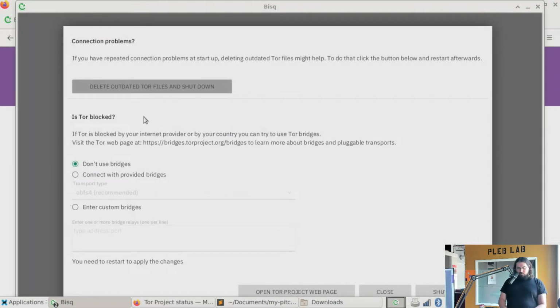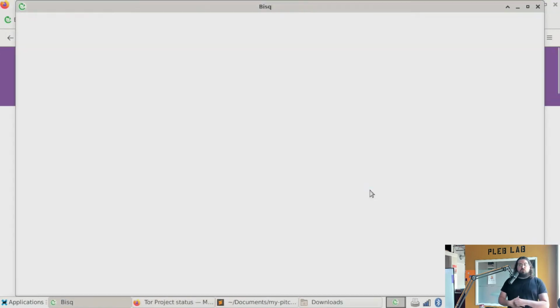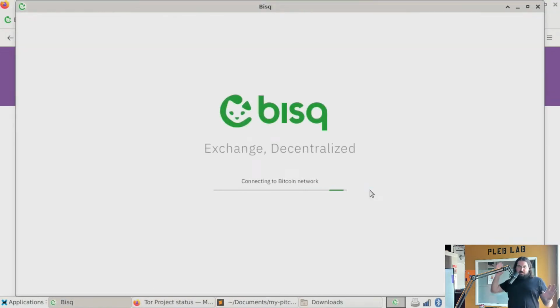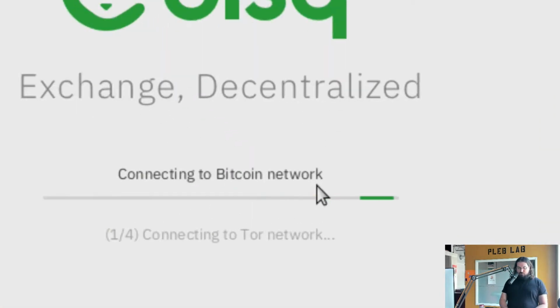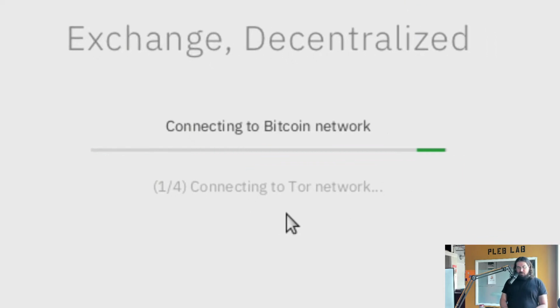Are you having connection problems? Is Tor blocked? Let's try this. Okay, so we're going to retry and see if it opens up now. Told you guys, Bisq is super easy, and it's very fast, and everything happens really quickly, as exemplified by the fact that we just had to try and restart it before it even started. No, still having trouble. Well, I was going to show you all how Bisq worked today, but I can't get the thing started. So,